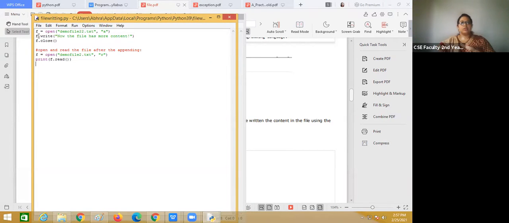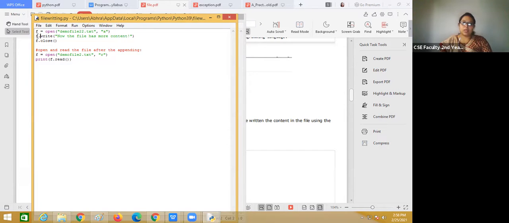First of all, f equals open, then put the file name, whatever file name you are going to create. Then you have to write a mode of operation. Here I have written a for appending some lines into the text.